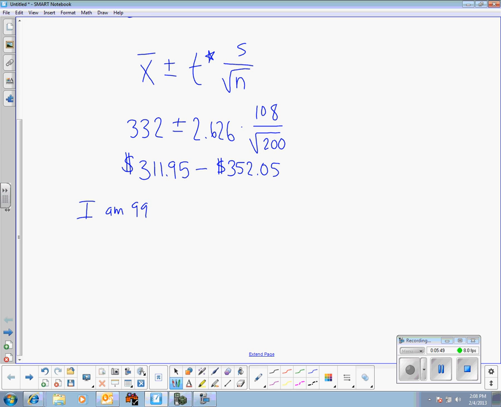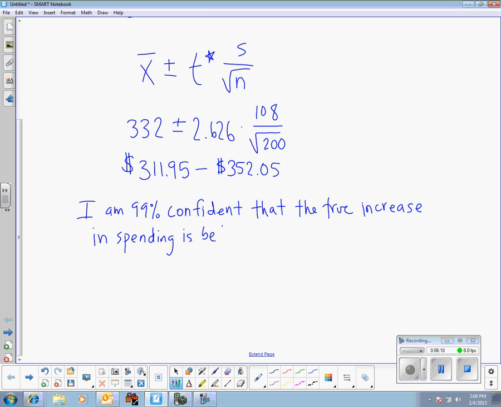I am 99% confident that the true increase in spending is between 311.95 and 352.05. So part A of this question was to do a significance test and see if the bank could be